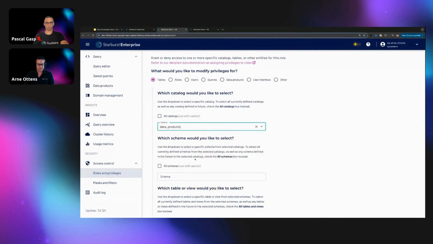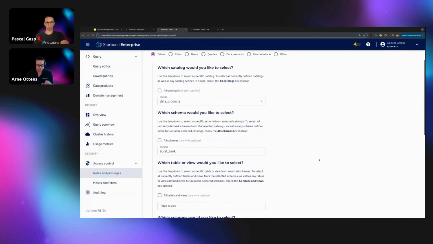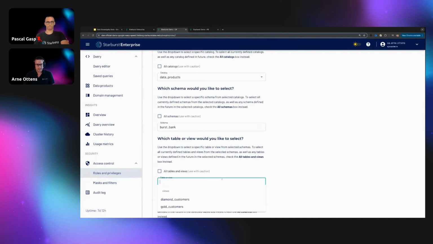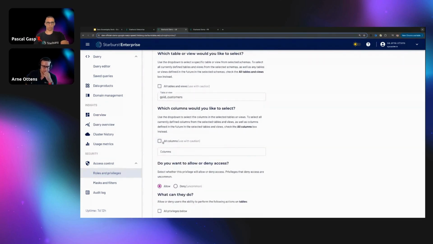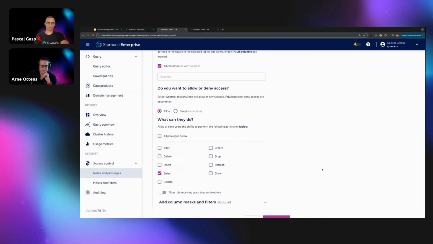If I go in here and add a new privilege, I simply select my data products catalog. I will use the Burst Bank schema because I want to be very selective in what I'm exposing to the upstream cluster. Then I select my gold customers table and say, okay, we want to share all the columns and only give select permissions.